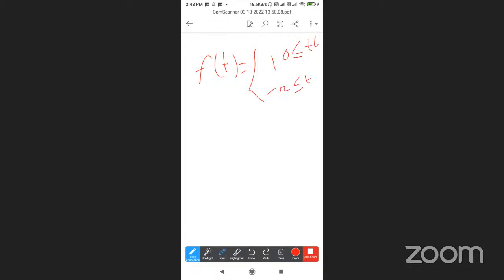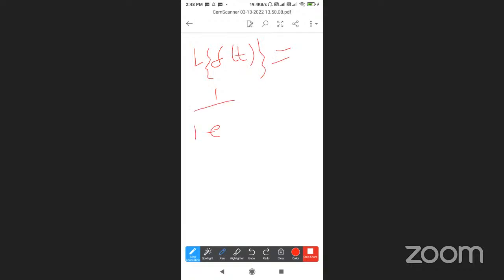Write the Laplace transform of a periodic function formula first. The Laplace transform is 1 minus e power of minus 4